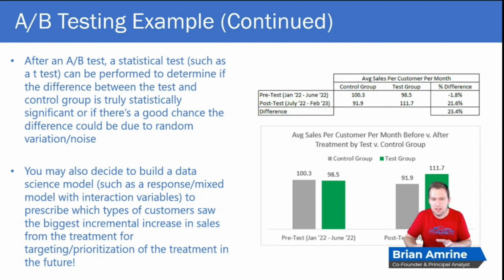Now another thing, before we move on, we would want to conduct perhaps a t-test, a statistical test, to determine whether that difference was statistically significant. You might also decide to build a data science model to determine whether there's a statistical significance. So you could do a t-test, but you could also set it up as a regression model,